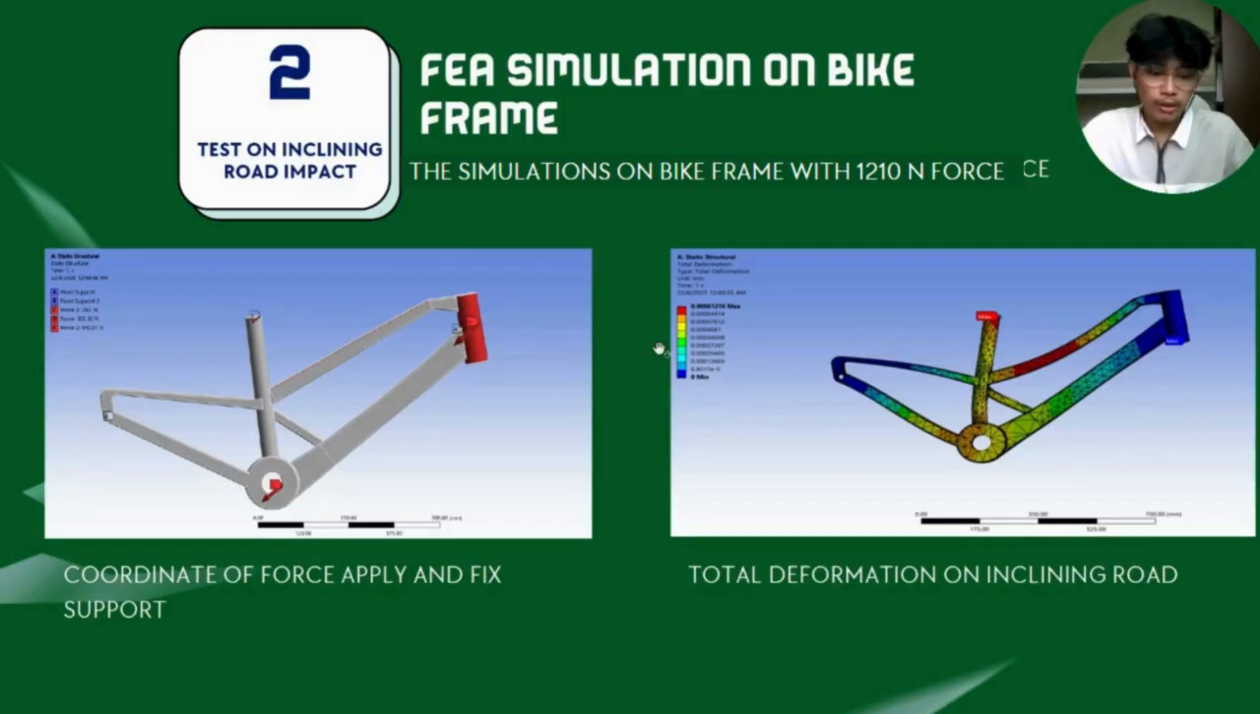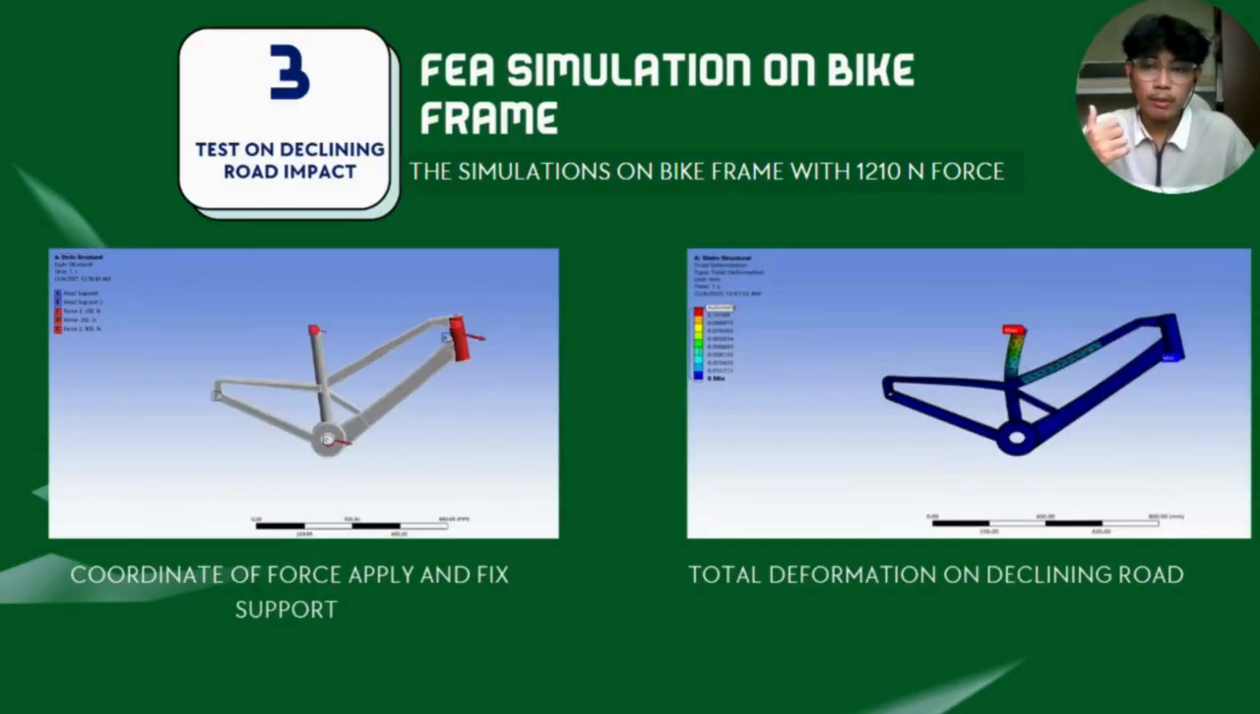And finally, we have the declining road simulation where the applied force was 1120 Newton. As shown in the deformation plot, there is a significant increase in displacement, especially near the joints and the front triangle of the frame. The maximum stress jumped to 36.863 megapascal, and the safety factor is 2.5229 times 10 to the power of 7, making this condition the most critical for potential failure. The higher stress is due to bending moments and braking forces during downhill riding, which create more localized stress concentration